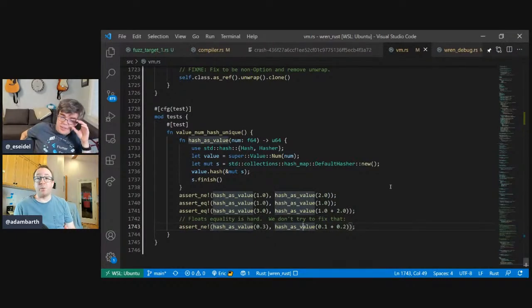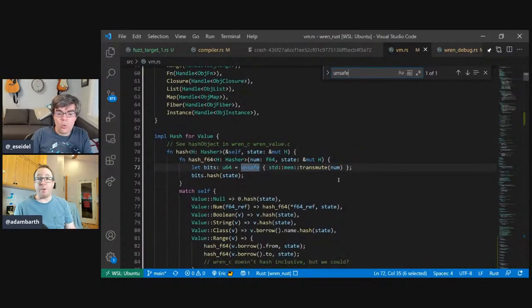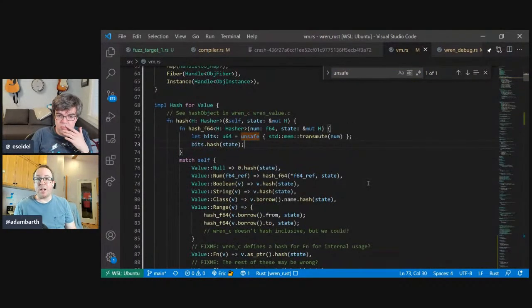So that was the problem. Okay, how do I key this? How do I take this API contract that says Wren can key hash maps with floats and back it with a hash map that doesn't take floats as keys? Well, what actually the problem was, which I in part fixed by adding this little helper function, I also needed to use the second time, but this also fixed it, was that we were unintentionally, this is a little bit of a foot gun with Rust,